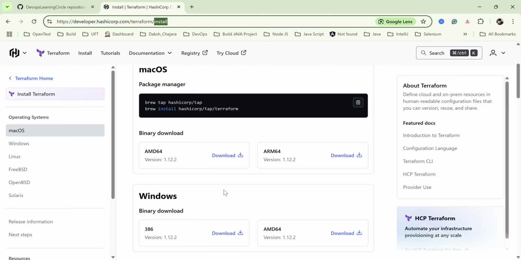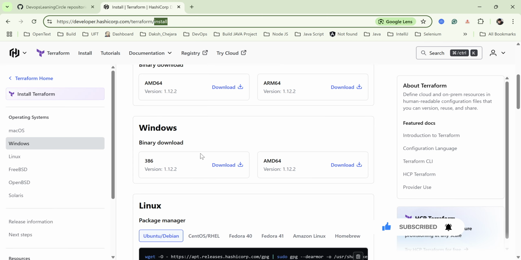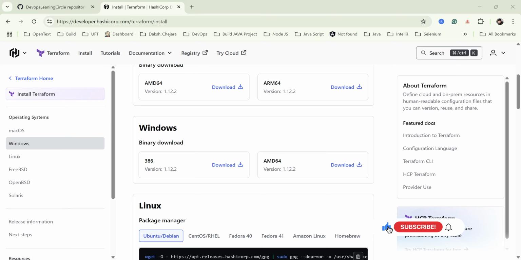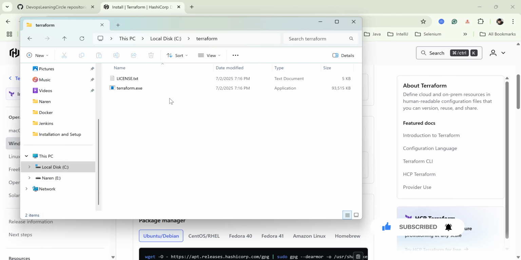For Mac you can download, just click here. For Windows, in this video we specifically talk about Windows, and on this machine I already downloaded the Windows AMD64 Terraform, so I am not going to download it again. As I already downloaded it, let's go to the C drive, and here is my Terraform. I have a terraform.exe. After you download, it will download a zip file. You have to unzip it, and if you want a different location, then you can create a folder in your specific location and then copy the license and terraform.exe.